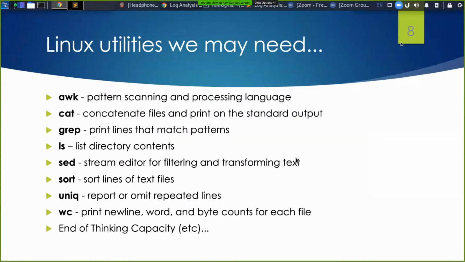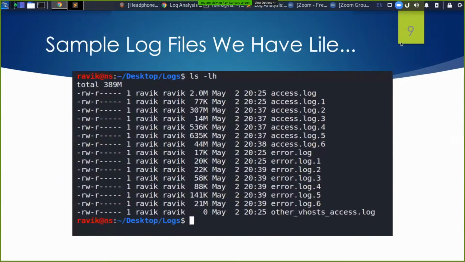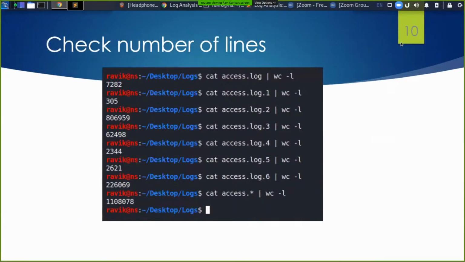Again, the Linux utilities we can use here are awk, cat, grep, and so on. Some people also use Excel and CSV files to analyze log files. These are the sample steps which I performed earlier.